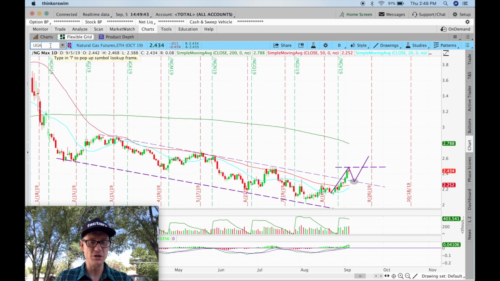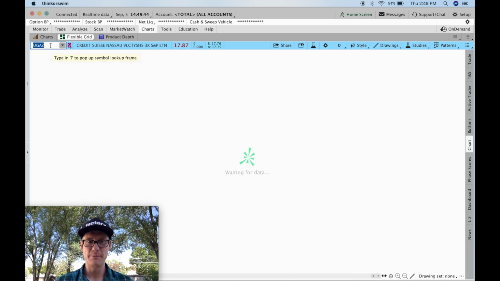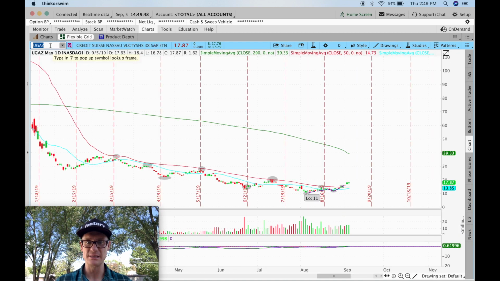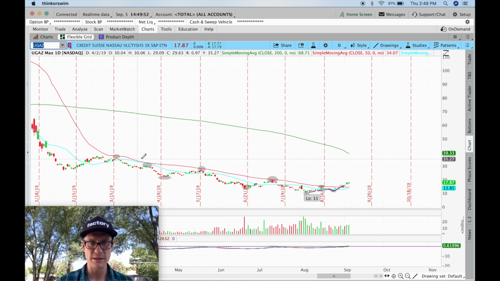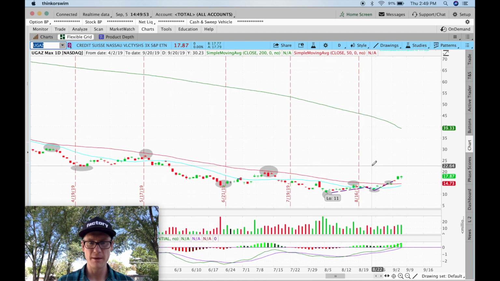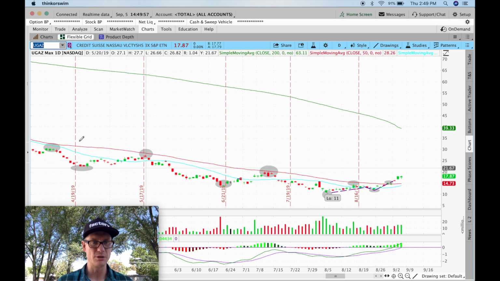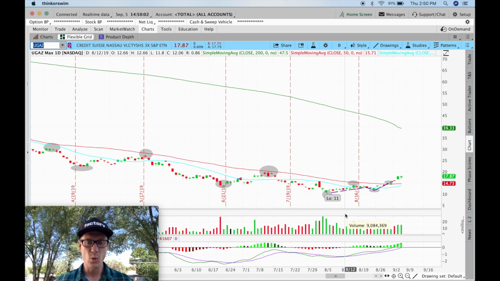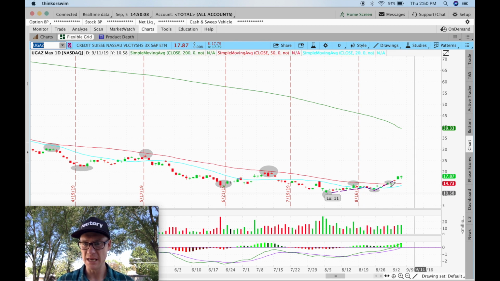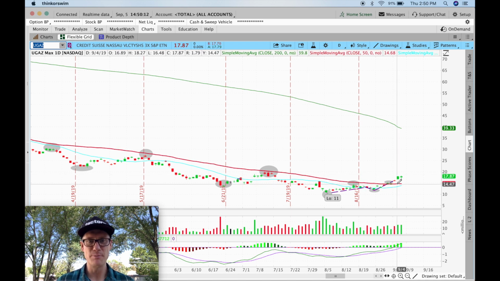I'm just going to flip over to UGAZ, and we'll take a peek right here and see the same channel. It's a little more shallow price action. I'll zoom in and that'll kind of help it a little bit, I think. So you can see we've been meandering down. We have the similar tops and bottoms to the channel. But now, if I said, which of these things is different than the other, you know, the basic game you played as a kid, this has broken above this red line, and it's broken out of the channel.